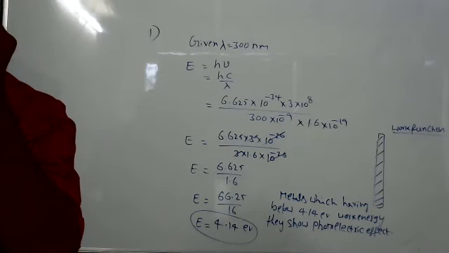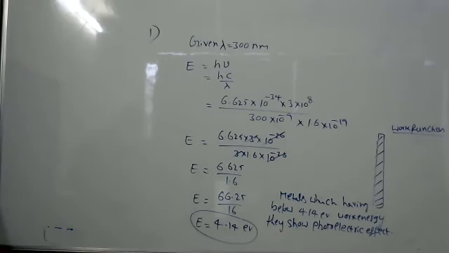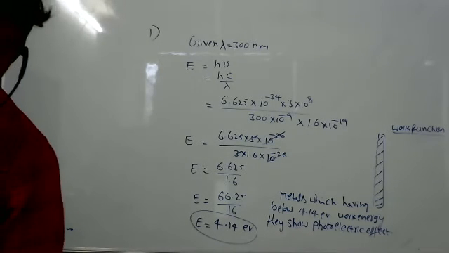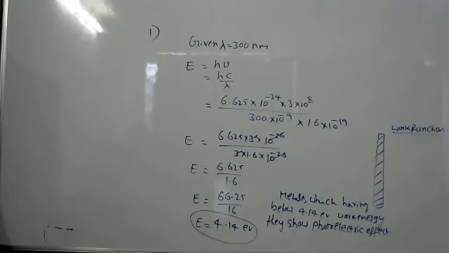Next, Tanisha, read the second question. Which transition in the hydrogen atomic spectrum will have the same wavelength as the Balmer transition n equal to 4 to n equal to 2 of the helium spectrum? Okay. That means in the helium spectrum, the electron transitions from n=4 to the second level. The same wavelength of line is obtained in the hydrogen spectrum also, but we have to find out what the transition is.